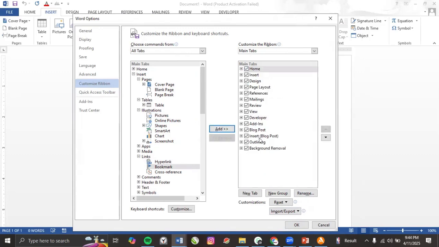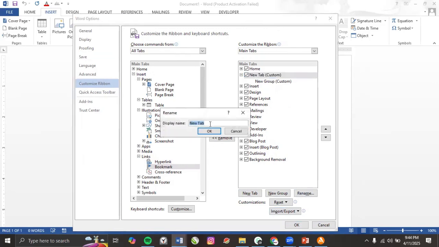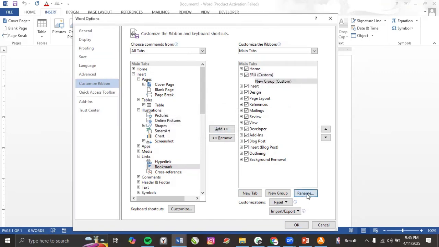I want to now add a new Word tab. What we added was a new ribbon group. So let us add a new tab, which is like the home tab and insert tab. It will stand on its own. So a new tab has been created. You can see a new tab has been created. It is called custom tab with a default ribbon group that also was custom, because a tab cannot just stand alone. It must have a ribbon under it. So let us rename the tab. I rename it as Eru, tab for Erumentor. I say okay. So let us rename this ribbon group and maybe call it